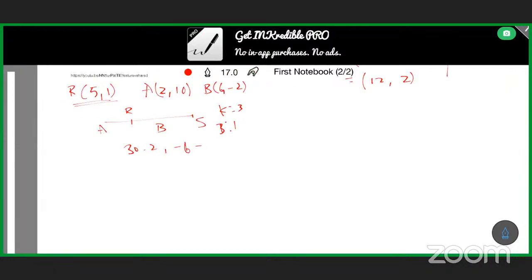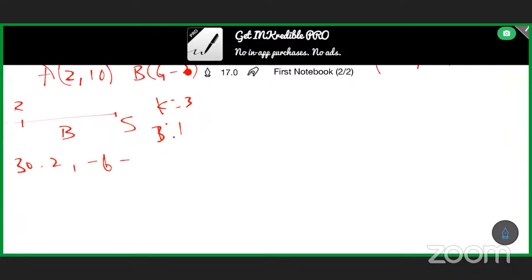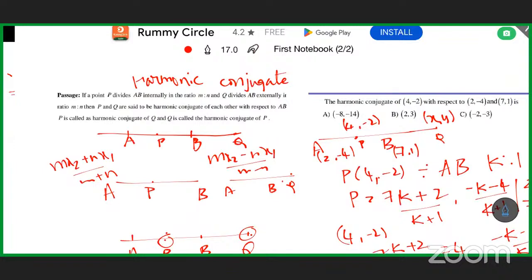That is K is to (6, -2). Therefore, R is equal to (5, 1) is equal to